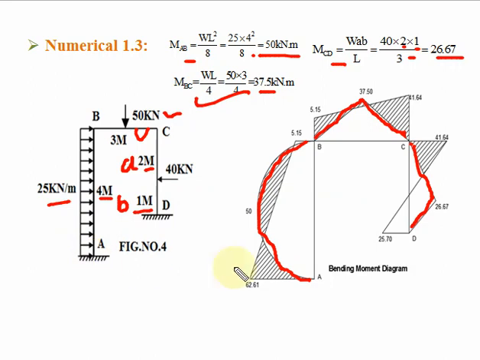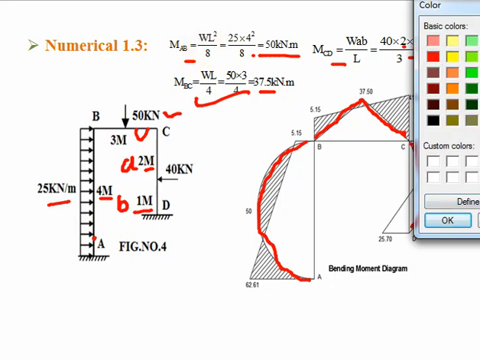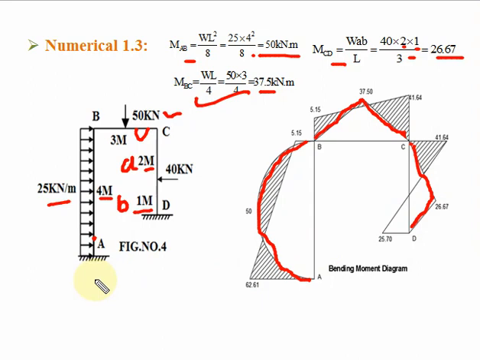Now draw the end moment. At A, end moment is 62.61 in anti-clockwise sense. So how to show? Keep your pen close to A, and the moment is anti-clockwise. That means you have to rotate about A in anti-clockwise sense. So likewise, it will cut and the arrow will come toward the left hand side. So show it to the left of your column. Okay. So 62.61.